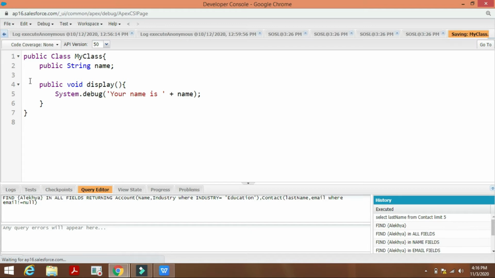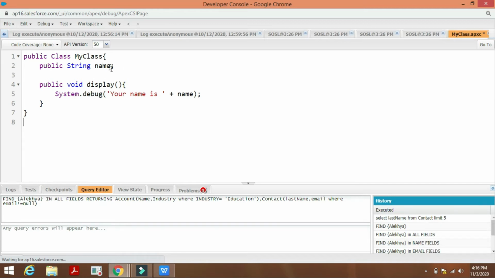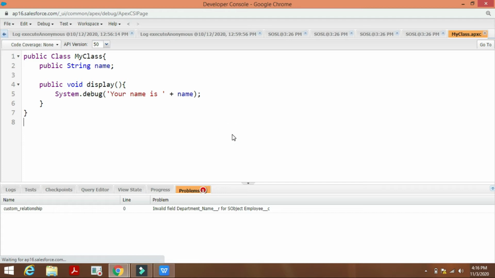If you observe here in this class, we have the input parameter as the name, and in the display method we display this name using the debug method. So this is the actual class which you are going to test now.